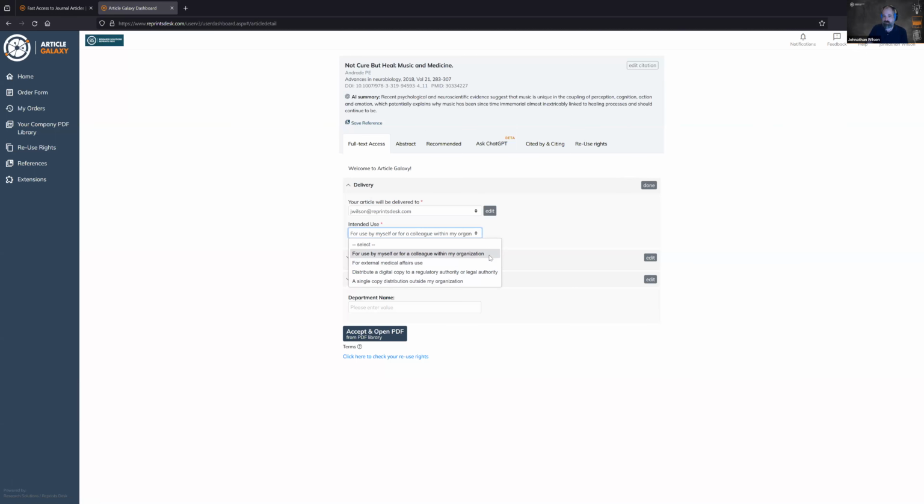Great. Okay, the next one is, in your company PDF library, does it apply to all publishers? Meaning, if an article is downloaded once, can I then reuse that article again without paying for it again? Yes. So the only exception to that is this single copy distribution outside my organization. For each one of those that you see that you need to use, you would have to pay that copyright each time. As the example I gave, if you're needing to send to 10 doctors' offices, you'd have to pay